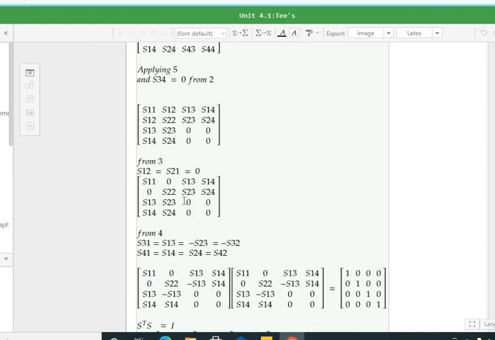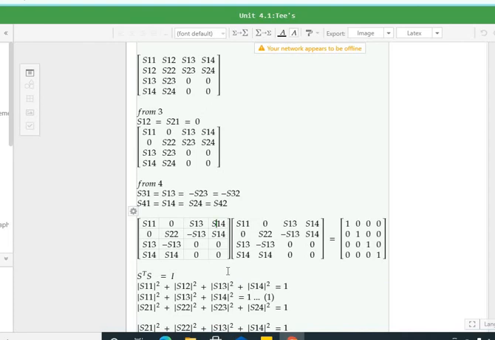So this whole matrix has only two unknowns, one is S13 and one is S14. We'll populate this matrix accordingly. This is how the matrix would look. Now the unknowns are S11, S22, S13 and S14 only. Also we know that the matrix is a reciprocal network matrix, so the property that it satisfies is S transpose into S is equal to an identity matrix. Now, because it is a symmetric network, S transpose is the same as S, so the square of the matrix is equal to an identity matrix.